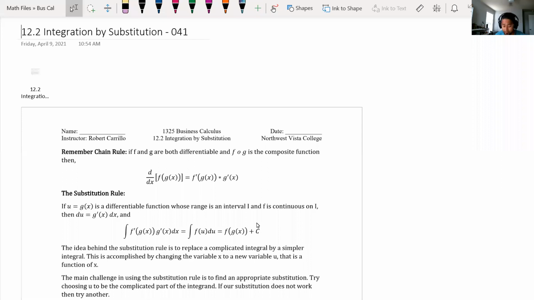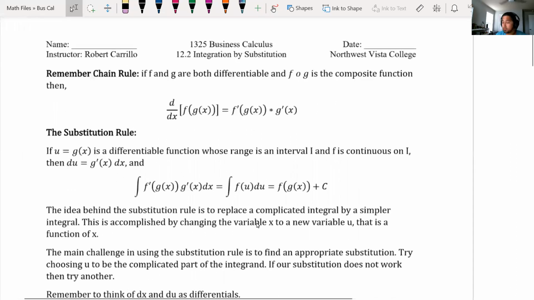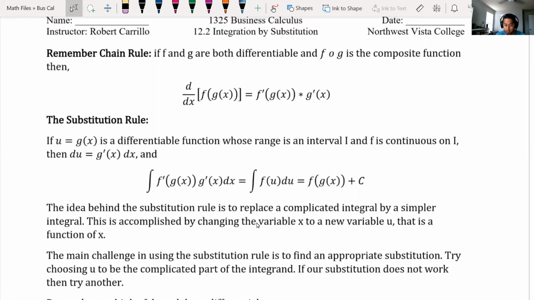Okay, so today we have something fun. It's integration by substitution. So last class we learned about just normal integration and antiderivatives. Today we get a little crazy. So if you guys remember the chain rule